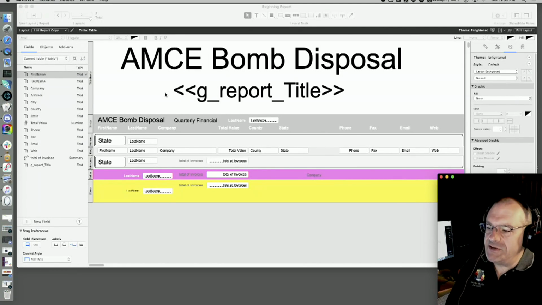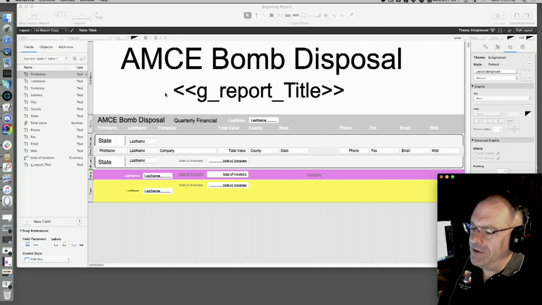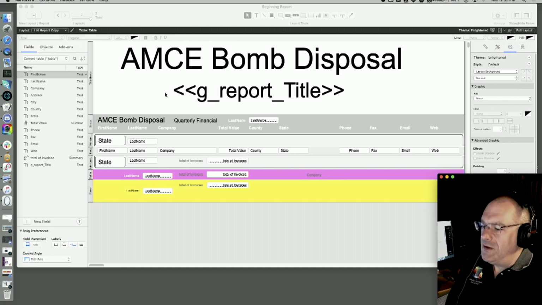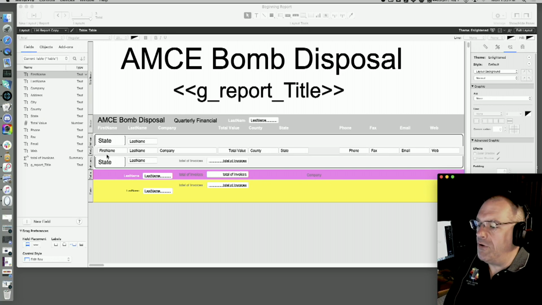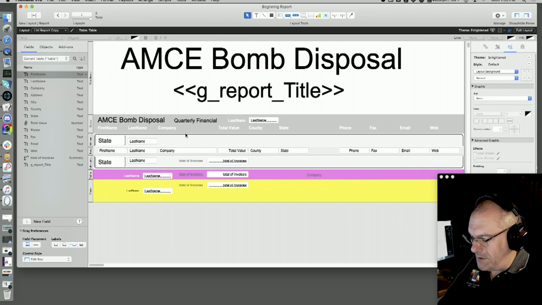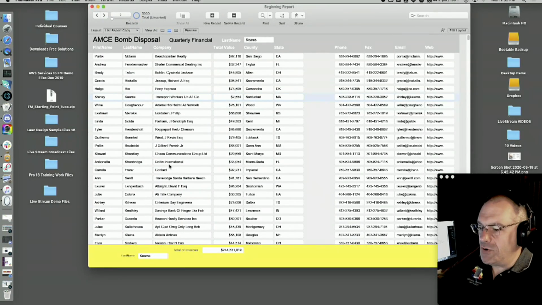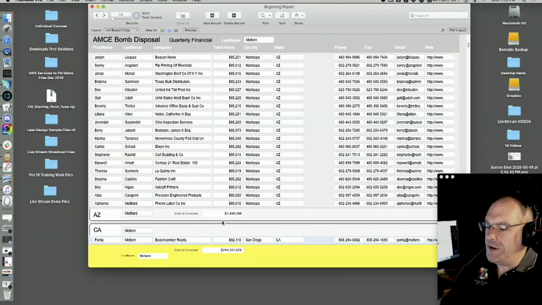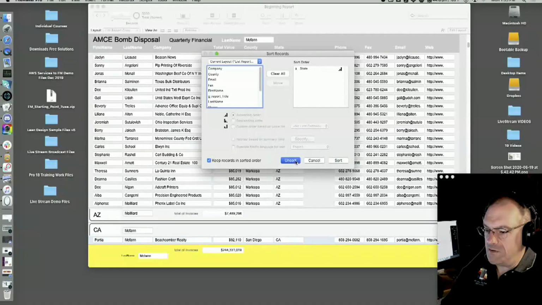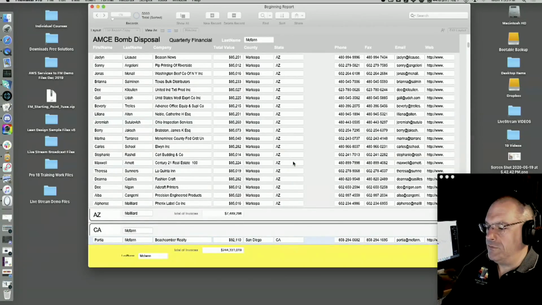So again, you want to play with it and test it. I think for beginners, if you can do subsummaries like this, and then once again, if you don't sort by the field, it won't show up. So if I'm in browse mode right now, and we're not sorted, notice the subsummary isn't there. As soon as I sort by the state, it magically turns on. That's a really important takeaway. Now it's on. And then if I say unsort, watch down there. It's like Harry Potter, poof, it's gone.